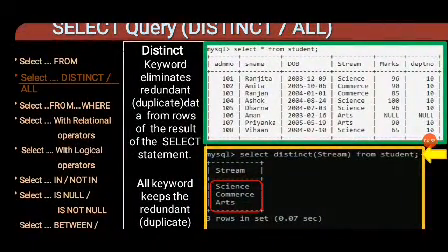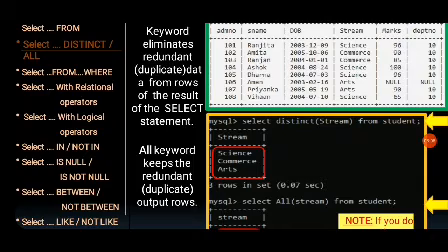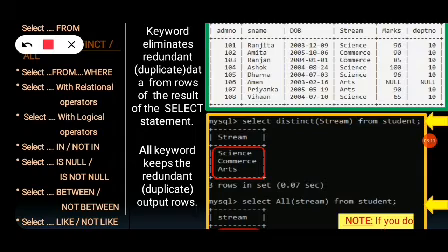If we write select star from student, you'll get the whole list. Now if you want select distinct stream, over here you can see when we selected the whole thing, you got science, commerce, commerce, science, science, arts, arts, science. If you want the distinct ones, you have to write select distinct stream from student.